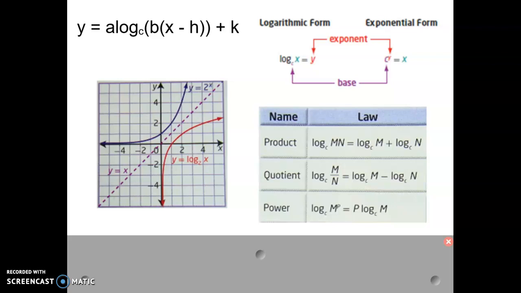Alright, so before we start section 8.4, I'd like to just remind you of a few things that are going to be very important for the solving portion of this. So just remember that we have so far talked about how log functions have transformations. So they have an a, a b, an h, and a k that can be transformed to them. Also remember that our graph of a log function looks like this red graph right here. It has a vertical asymptote associated with it, and then it's either